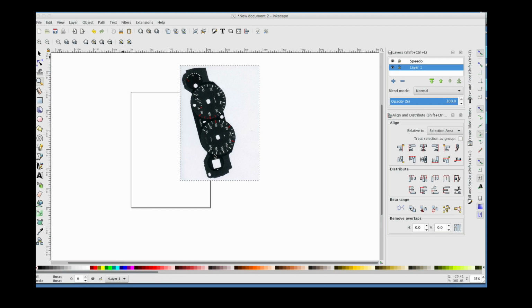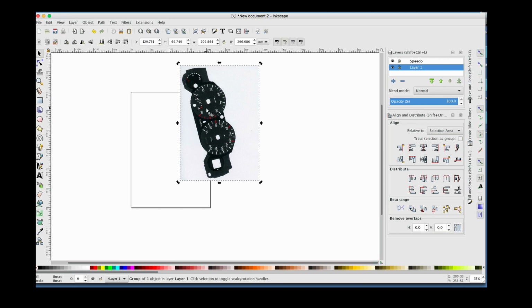So this video will show you how you can start with creating the underlay or your own design, so you can do any design you want. So I'm doing my own design. Basically I want to switch the kilometers per hour speedometer to the inside, and this to be miles per hour. I'm not really going to show all possible steps, as this is quite fiddly here and there. So I'm only going to show one of the more important bits and pieces,